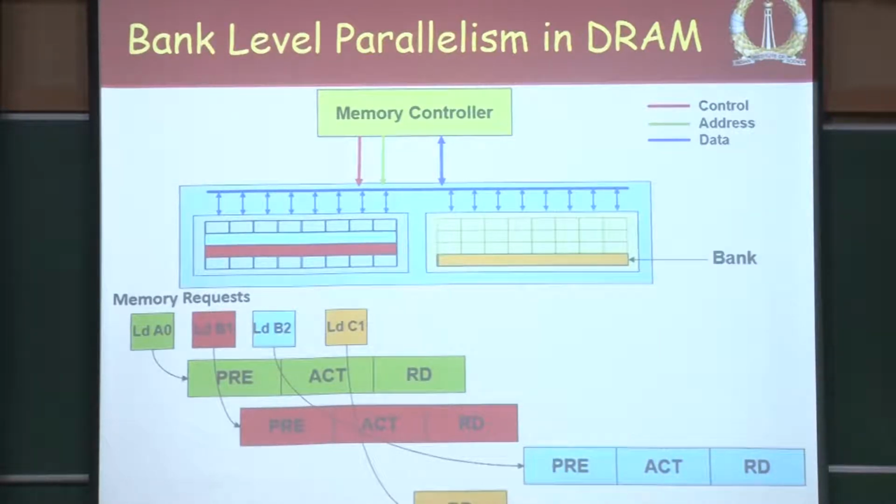Let me just try to clarify here. That is the same diagram which is over here. What I showed as a device or a chip is this rectangle. So, there are multiple such rectangles. In fact, there will be about 8 rectangles. So, there are 8 devices, which is what you see in your DIMM, and all of these things together form a word. All of these devices put together form a word,